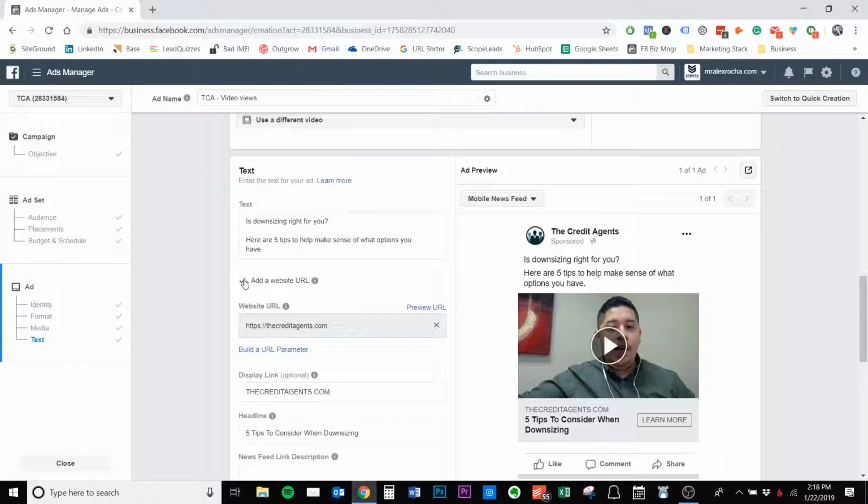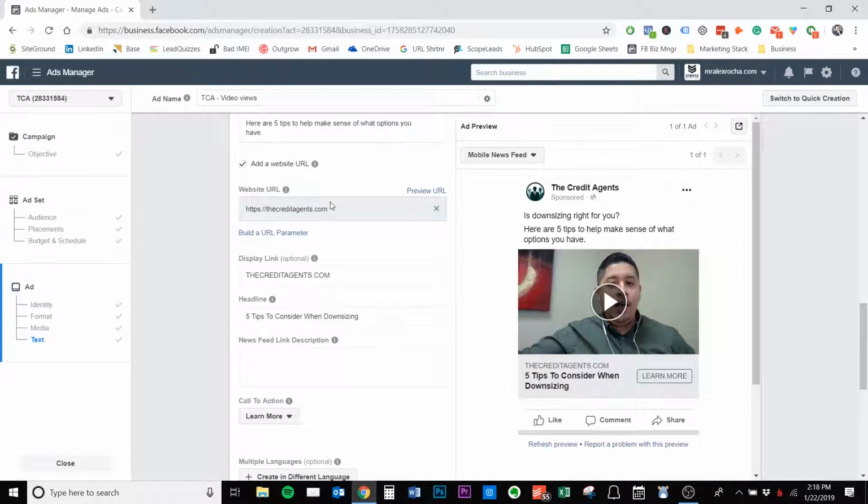I definitely recommend checking this box, add a website URL, and then inputting your website, or even more highly recommended, would be a landing page. If you're not familiar with landing pages, then definitely go to YouTube and search for how to create a landing page, or what is a landing page, or landing page builders, and educate yourself on landing pages and why they are awesome at generating leads for you. Enter the display link, which is going to be what it looks like over here, as you can see, thecreditagents.com, and then the headline, 5 tips to consider when downsizing,